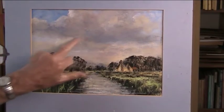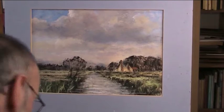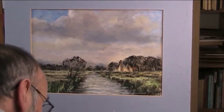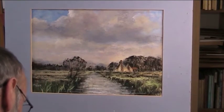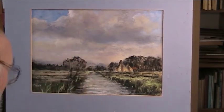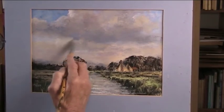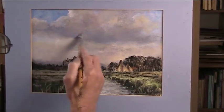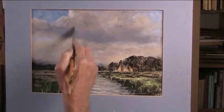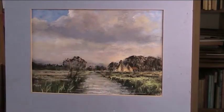So I just want to get this cloud here over this one here. I'm just using a bit of light red and a bit of blue and white, and just darkening a little bit over there. Don't like that bit there. I mean, you can fiddle around with these things for years, but